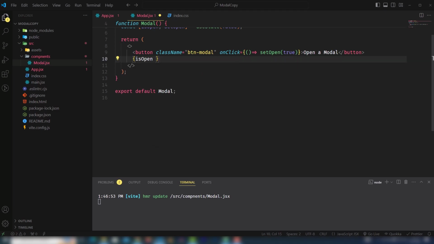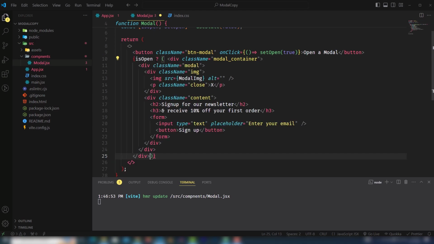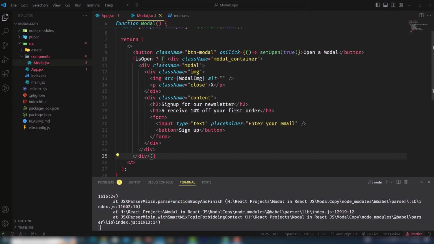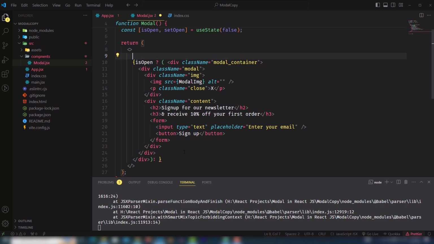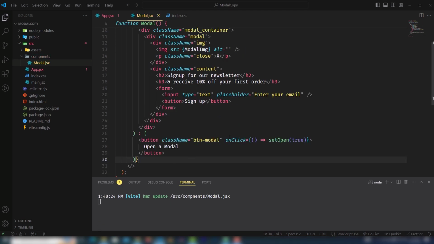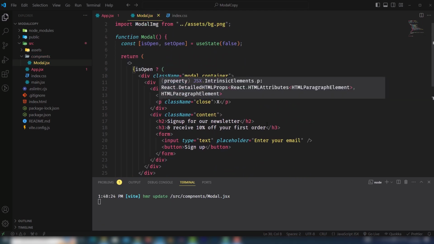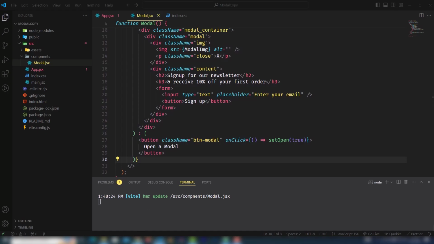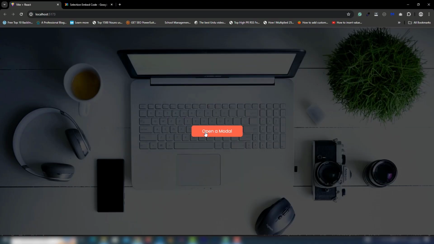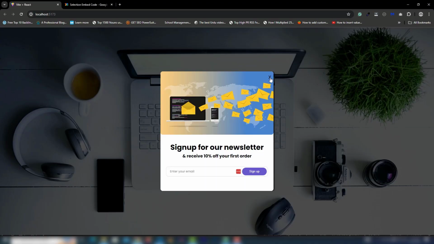I will use a ternary operator. Parenthesis, isOpen to display this one, and otherwise display the button. So this one, just like this one. That's it. So open that. Yeah, great. Click on it. The modal has appeared, but when I click on this button to remove the modal,